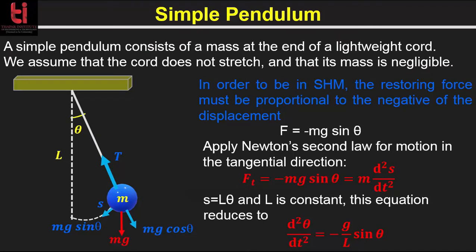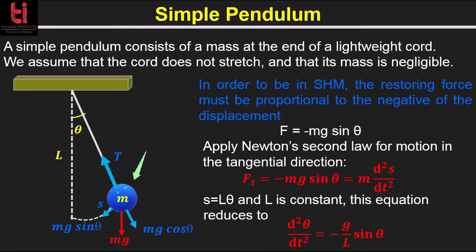As I discussed in the previous lecture, the oscillations of a pendulum have been used for centuries to track the time accurately. The simple pendulum is the idealized form that consists of a point mass m, that is the bob of the pendulum, suspended from a massless rigid rod of length L, as you can see here. Now for the angular displacement theta, let's say the displacement of the mass along the arc of the circle of length L is equal to s.